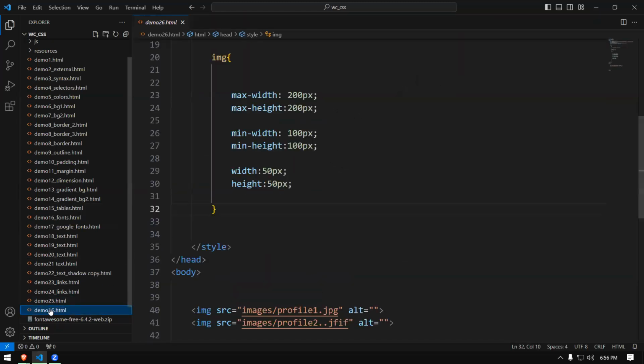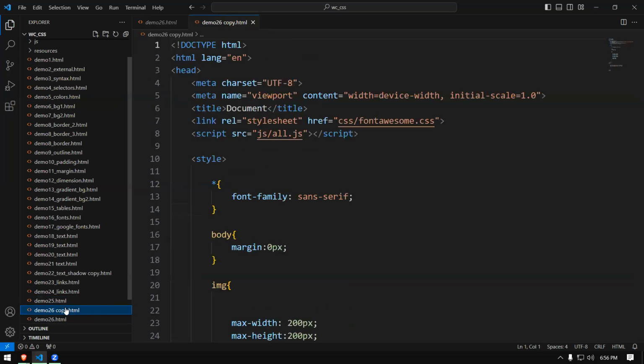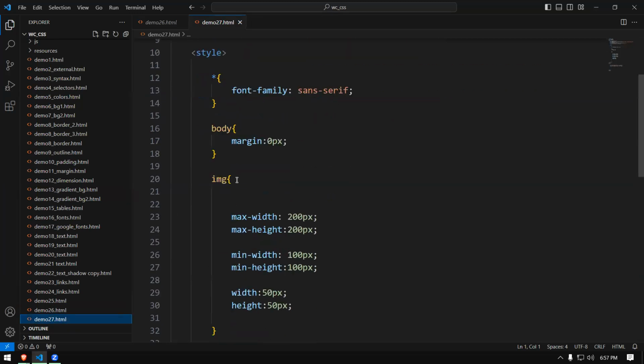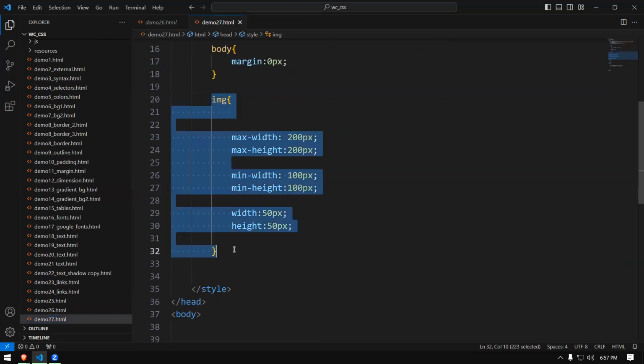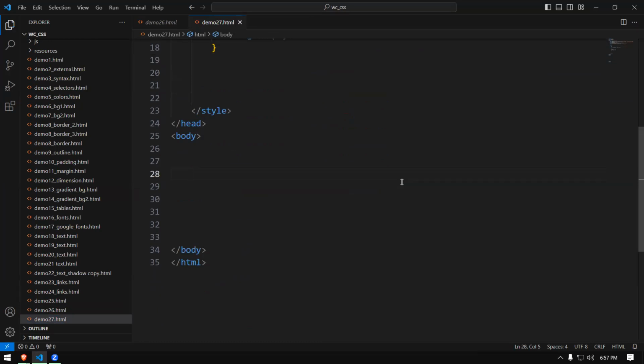Let me duplicate this. I will make that one the 27th one. So here also I'd like to delete this whole thing. And in this one, I'm going to show you how to work with